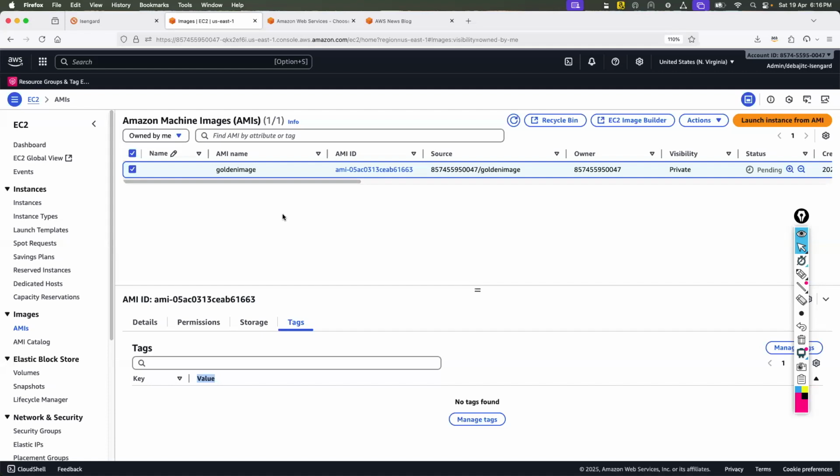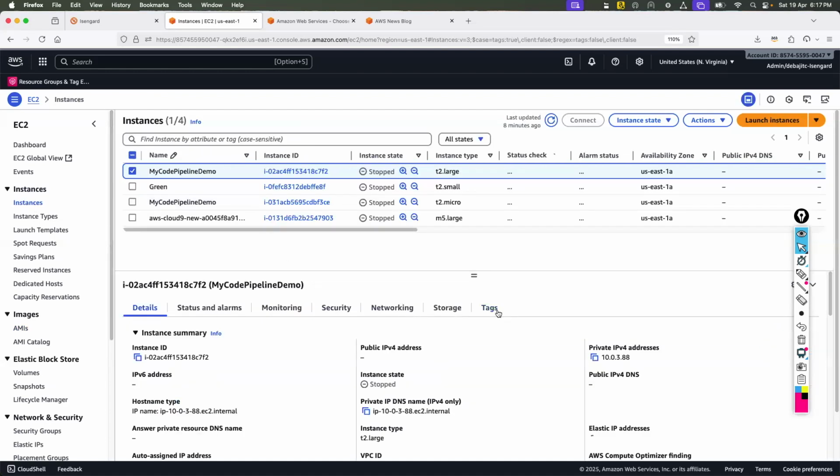You can use these tagging options for your billing, billing segregation, a lot of things you can do. Tags we'll discuss slowly. Almost in all of the services you will see the tags option.